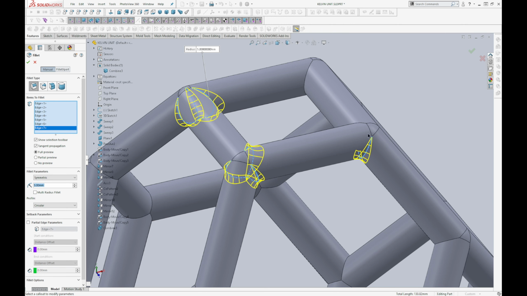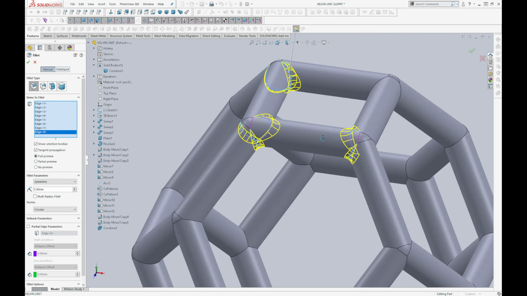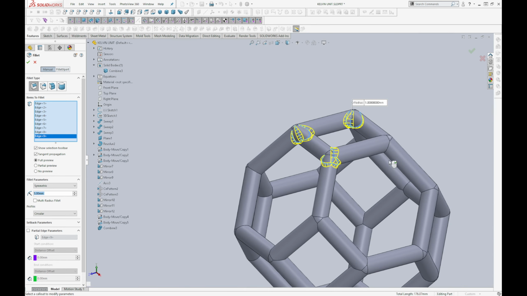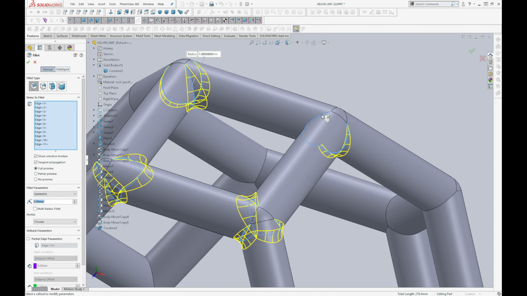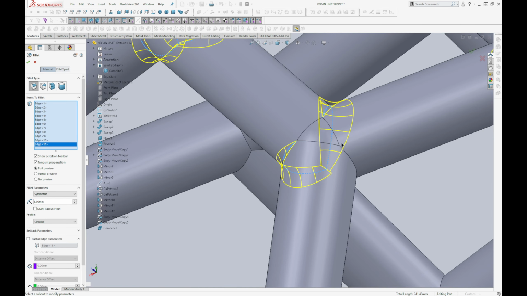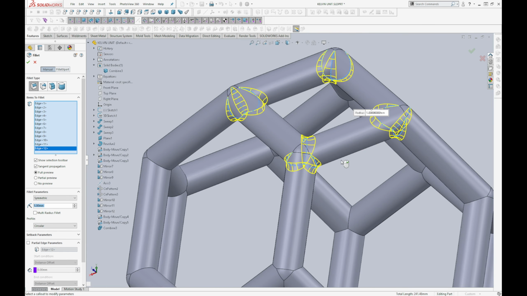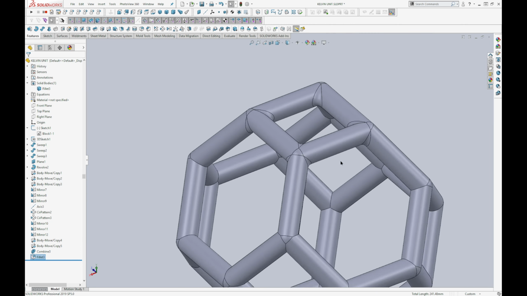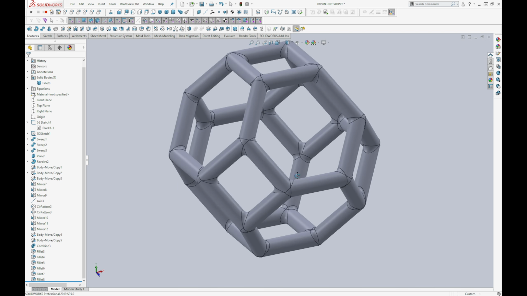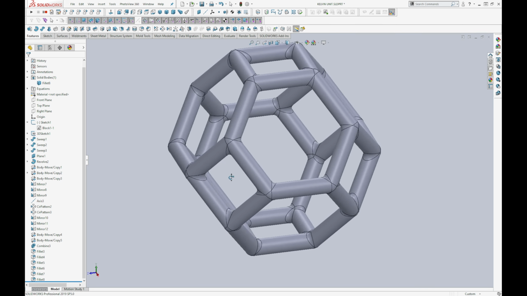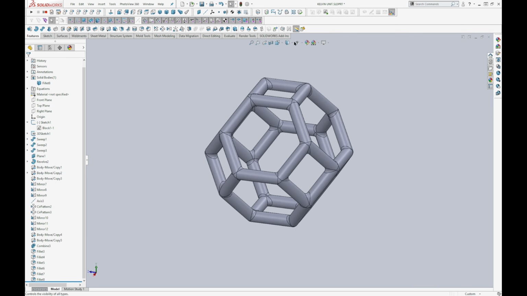I'm going to show you only several fillets I made, and the rest you can do yourself. We confirm it, and here's how the final result looks with all the fillets added to the model. And this is how it looks without